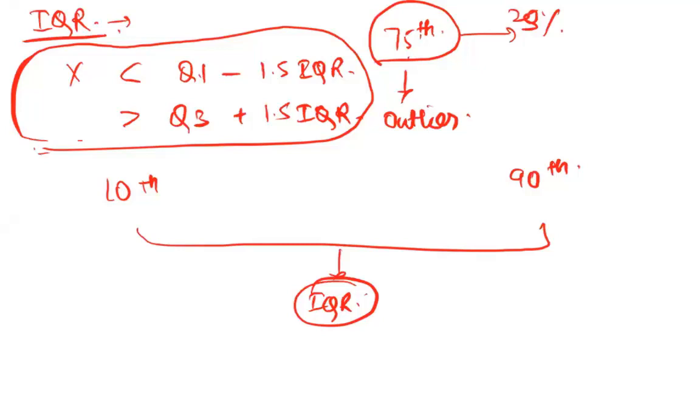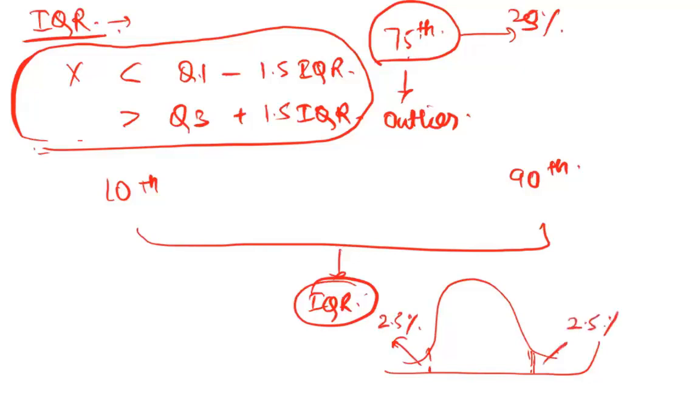Okay, thank you. For some analysis, you will see that we eliminate 2.5% on either side of the distribution. We say that these are outliers. We don't worry about Q1 minus 1.5 IQR or Q3 plus 1.5 IQR. We say that the fringe 5% of the distribution I'm going to eliminate. That's a call that I will take based on the data that I'm looking at. So these things do happen, but this is one standard measure.